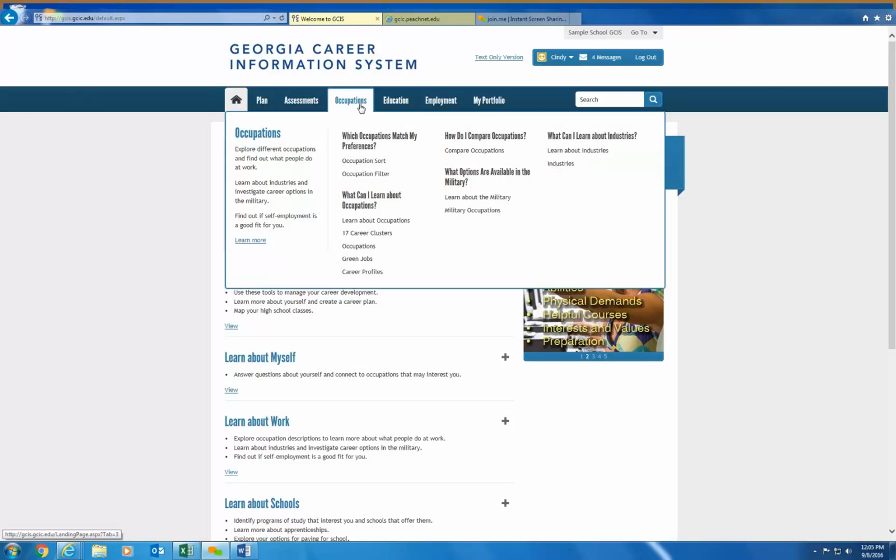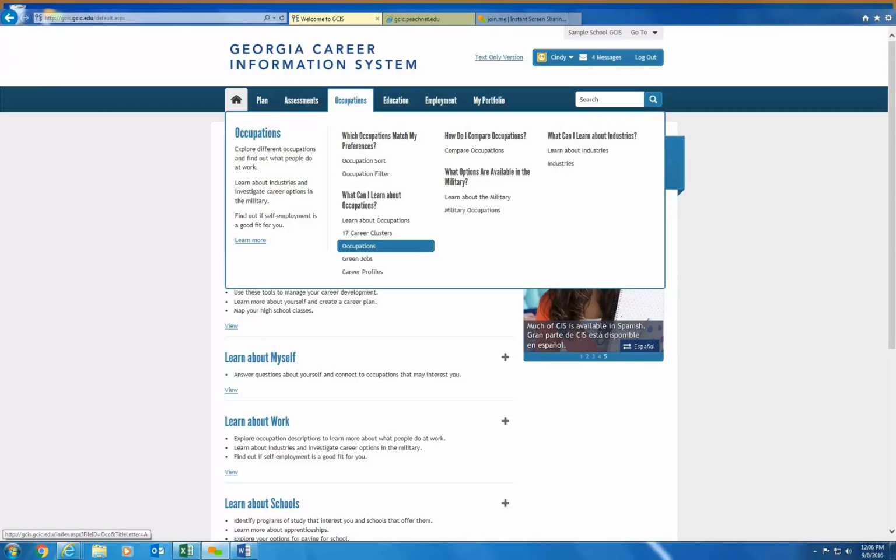And when we hover over Occupations, you'll see that there's a question that says, what can I learn about occupations? And the third element down is what is called occupations. Now, the reason why I say 3 additional occupations is that in the 8th grade, your students were assigned the task of saving 3 occupations. And you, as the ninth grade advisor, are to save 3 additional occupations.